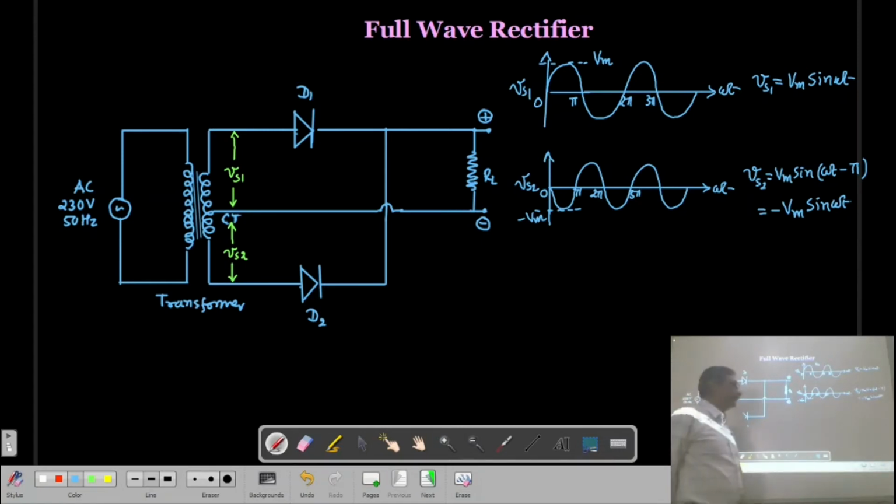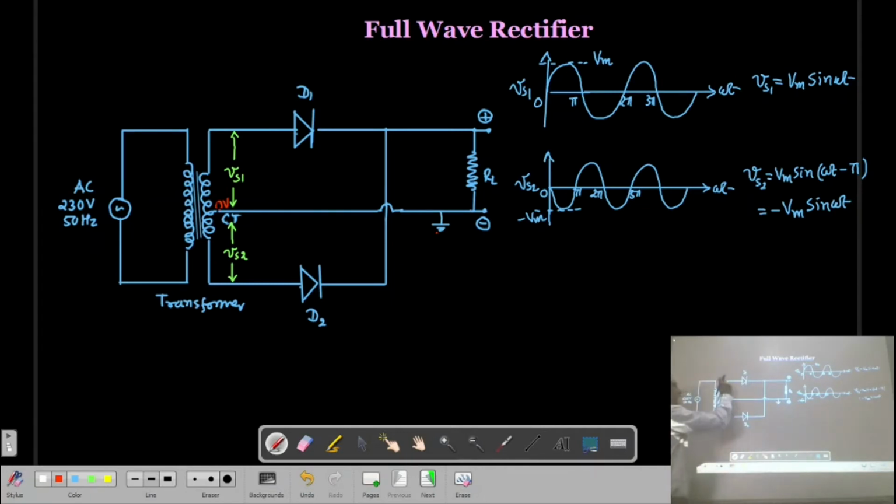Correct? Okay. Now let us see the working of the full wave rectifier circuit. So basically here, the center tap is connected to the ground. So the potential at this point will always be 0. Here this is my reference line. So the potential at this point we consider as 0. So with respect to this,